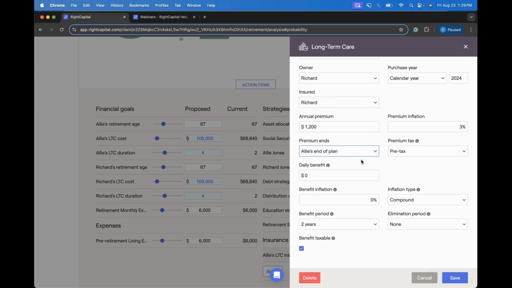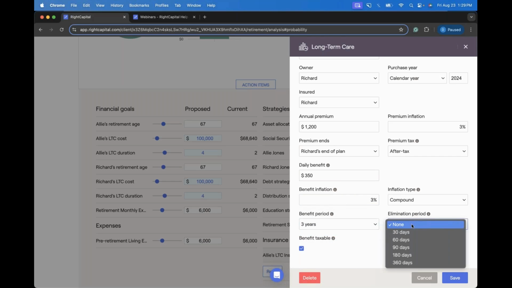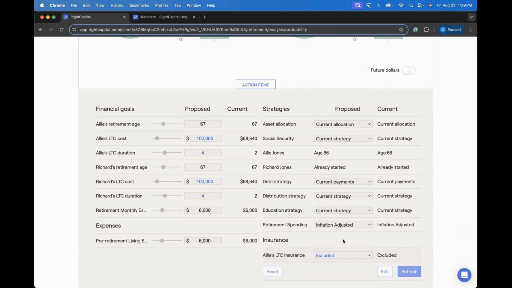We can make sure that these premiums end at Richard's end of plan. Again, these will stop automatically when those long-term care costs begin within the plan. We'll set our premium taxes to after tax just to be consistent. That daily benefit of $350, our benefit inflation of 3%, and then we can match the benefit period and elimination period as well. So once I click save here in the lower right, this policy is going to be added